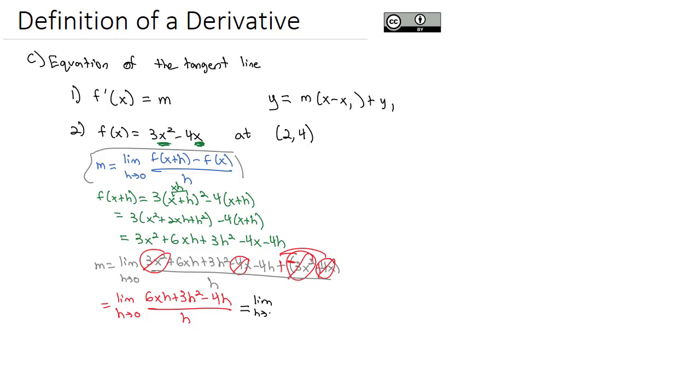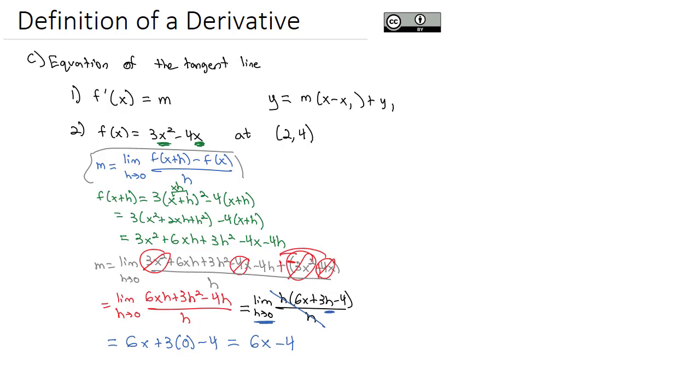So we have the limit as h goes to 0 of h times 6x plus 3h minus 4 all over h. And when I reduce out the h, we've removed the discontinuity, so I can plug the 0 in for the h. And so we have 6x plus 3 times 0 minus 4. But 3 times 0 is just 0, which just leaves us with 6x minus 4 is the formula for the